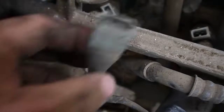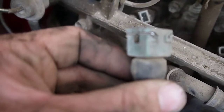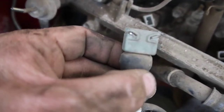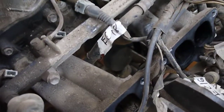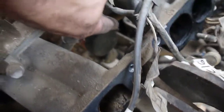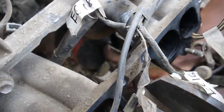EC18 is another square style with this snap ring. It goes on the back side. It's quite terrible, I can barely see it, let alone touch it. Down in between the middle of the lower intake onto the back side of